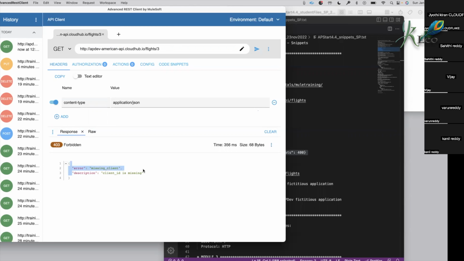So here it says client ID is missing. So what does this mean? Somewhere we have to mention the client ID, right? That was the response we got from the server. So we wanted to send the client ID now, because it's a secure service for the same information which we just played a while ago, right? Now,